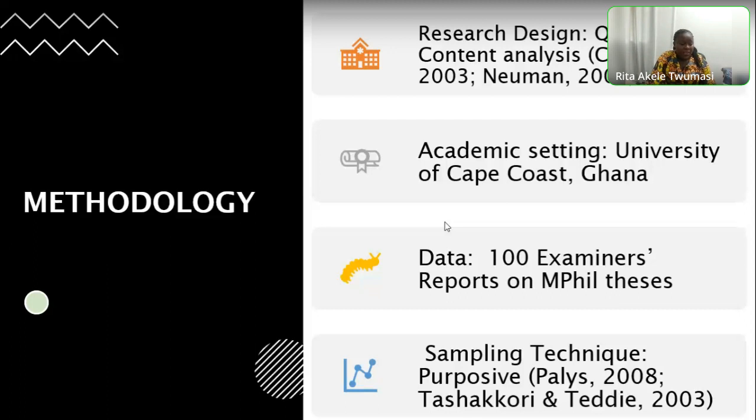In selecting the texts, I was attracted to a text with at least 2 sentences on a specific issue so that I could ascertain the use of evaluative language. Again, a report was selected if it had addressed all the rhetorical sections of the thesis, like problem statement, literature review, methodology, and analysis and discussion, since these are the core components of the thesis, and the School of Graduate Studies, University of Cape Coast, also expected examiners to comment on them.